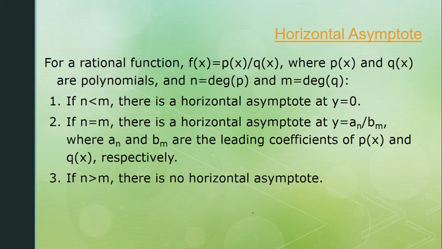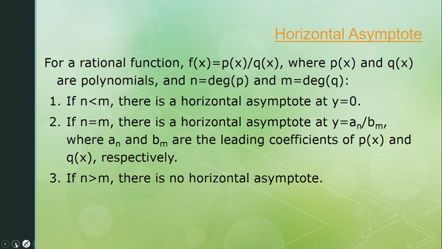So that could be any number, whatever number is in front of that highest degree in terms of p of x and q of x. So it might be like a 1 over 1, or it might be a negative 5 over 2, whatever the leading coefficients are. And then if n is greater than m, so if our degree on the top is greater than the degree on the bottom, then we have no horizontal asymptote. Okay, so we're going to use these rules about horizontal and vertical asymptotes